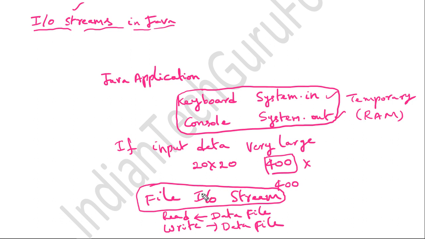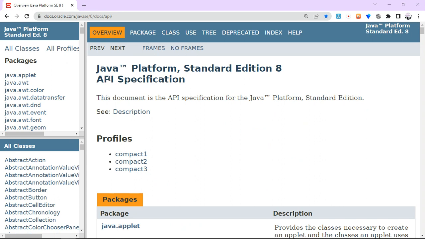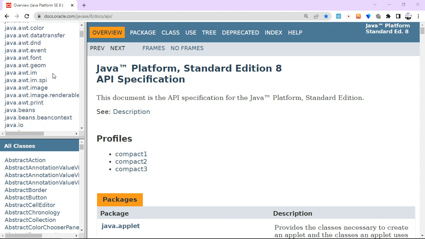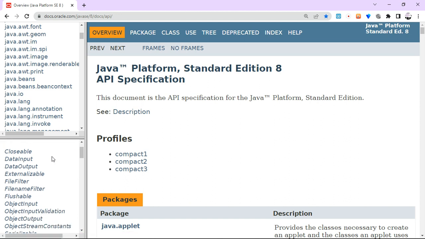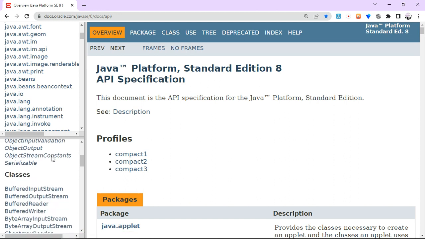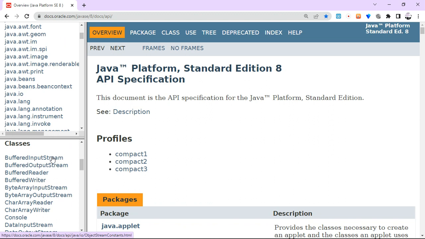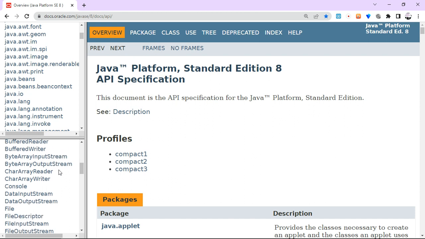Now let us explore the file IO streams and what are the classes supported by Java for the file IO streams. Now we are in the Java API documentation. All the supported classes related to the IO streams will be in the package java.io. Just click on java.io. Then there will be plenty of interfaces as well as plenty of predefined classes, which are used to perform the file IO operations. So the important ones are